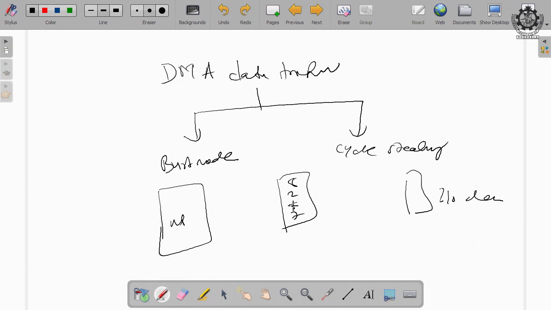These I/O devices will put the request for direct data transfer between the I/O devices and memory. These I/O devices can transfer the data directly to memory without going through the microprocessor using the DMA controller.